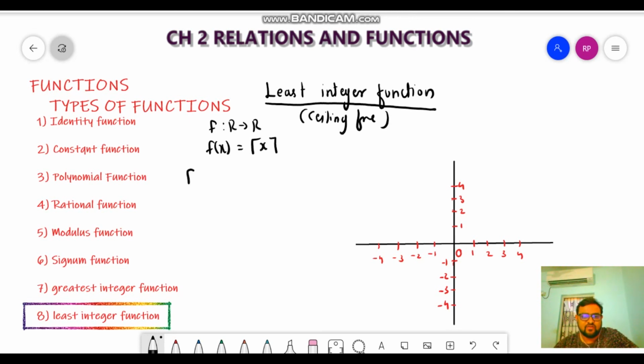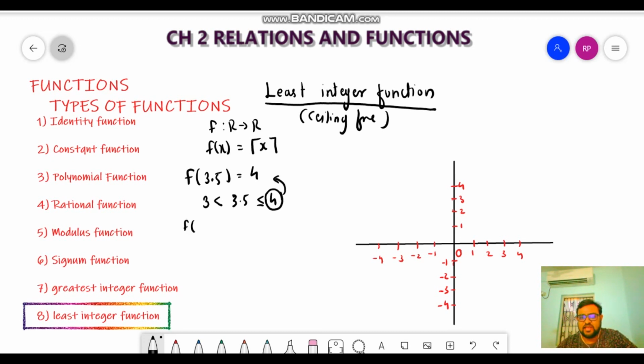So see here, if I take f of 3.5, list out all the integers which must not be less than 3.5, and the value that is least, so 4, 5, 6, 7, 8, 9. These are the integers which are not less than 3.5, and from that, which is the least one? 4. So the answer will be 4. Here I can write 3 is less than 3.5. On this side I will use less than or equal to, because this will be the answer.